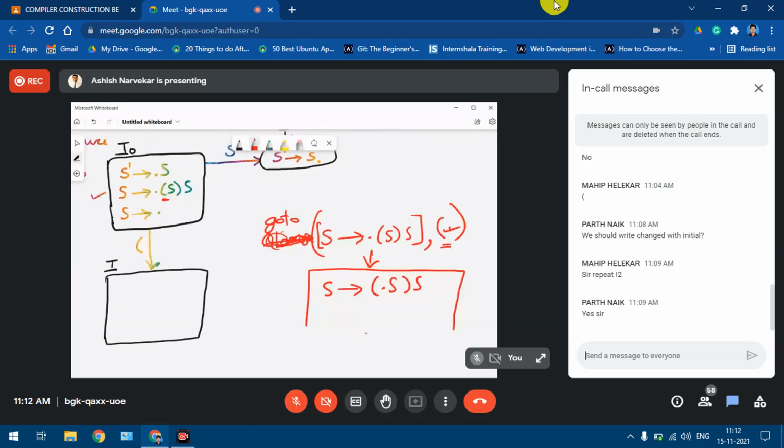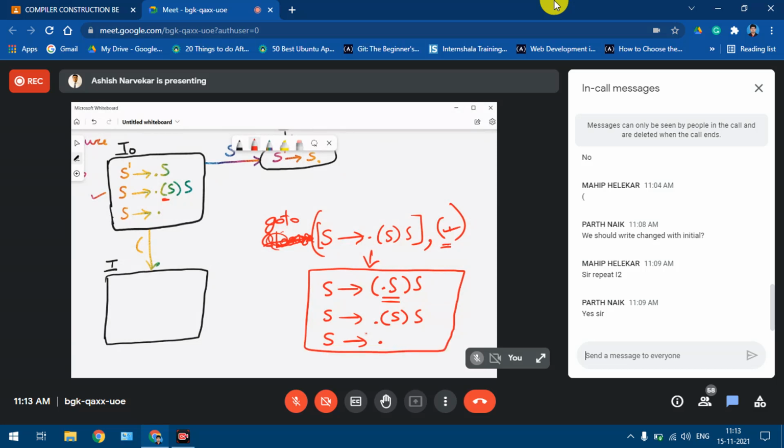Once we do that, now we have to apply closure to this. Applying closure means I am writing all the productions of S from the augmented grammar with a dot to the left side of the RHS, which implies that S gives what I have in the original grammar. I have this, so I put a dot over here. Then I have S gives epsilon in the augmented grammar. Corresponding to that, I said whenever there is epsilon, we put a dot. So this is what we get.